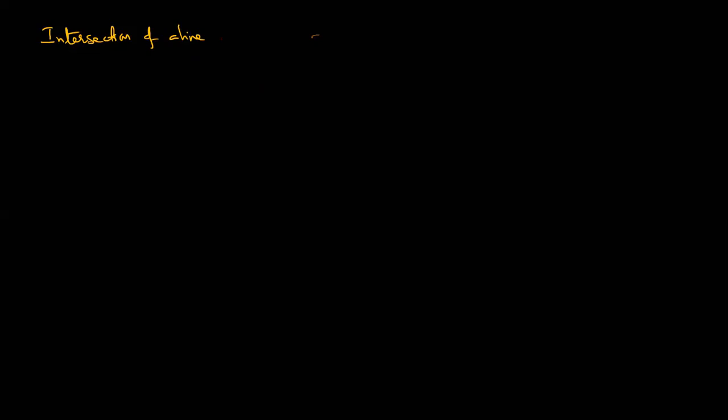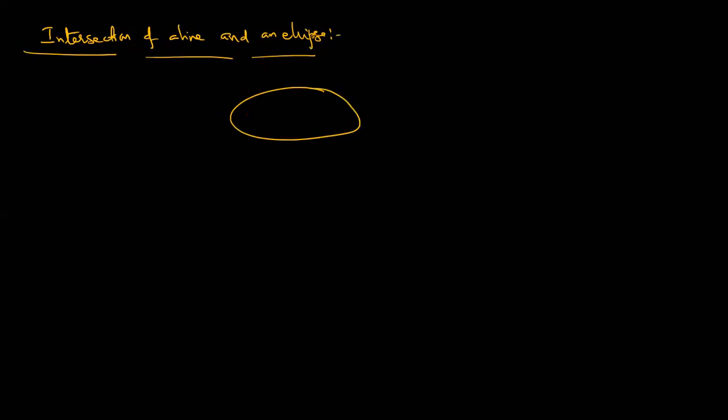The intersection of your line and an ellipse. The same concept as for the parabola; for the ellipse, I mean circle also, I told you. So the same concept is again repeating in the hyperbola also. So listen carefully, dear students. As usual, the intersection of a line means what here? Like this or like this. Maybe a tangent or maybe a secant line. So this is the tangent. This is the secant line.